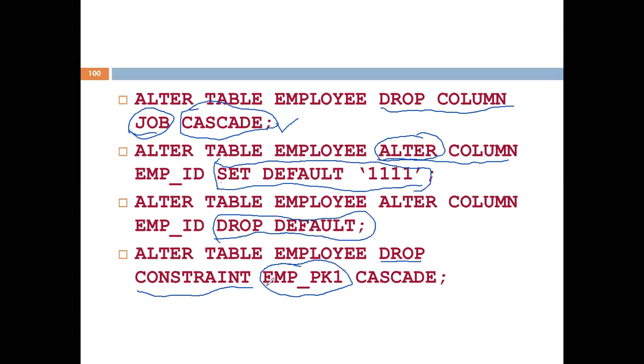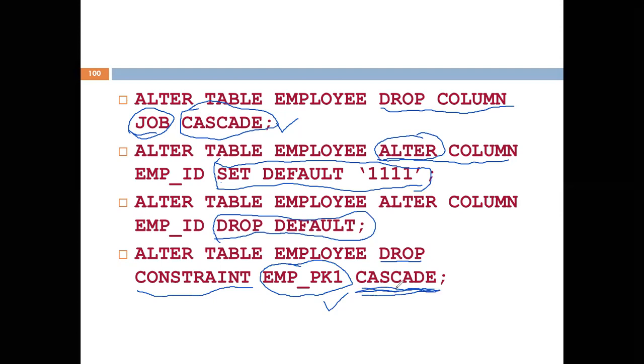If we don't give a name to the constraint, then the database software will assign a name by itself, and that name we can use. Otherwise, while creating the table or while altering the constraint, we can give a name to the constraints also. So that can also be dropped here again. It comes with an optional keyword, that is cascade.